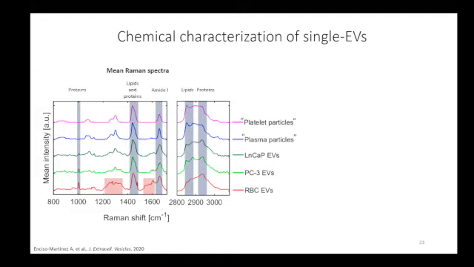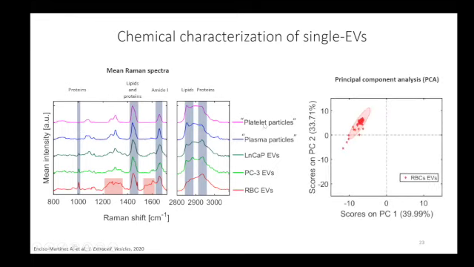So some of the interesting things that we can already see is, for instance, that the protein to lipid ratio is larger for the vesicles, as we can see from this peak and this peak, compared to the particles that are present in plasma, which we will see later on that the majority are actually lipoprotein particles that we are trapping. We see clear phenylalanine peaks for the vesicles here, which is not really detectable for the lipoprotein, for instance.